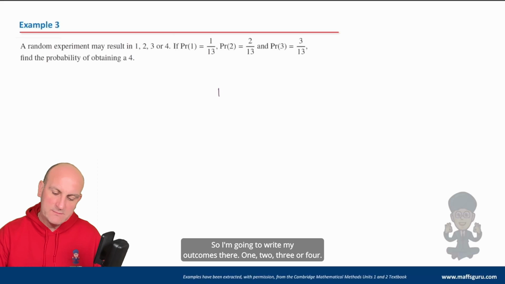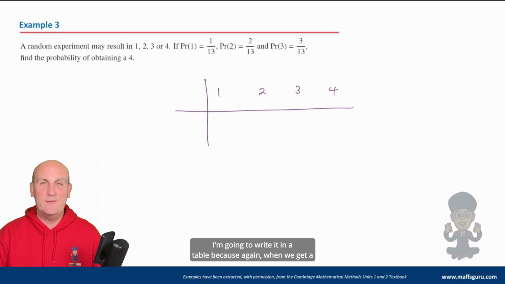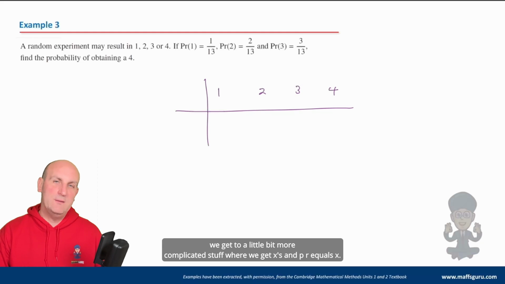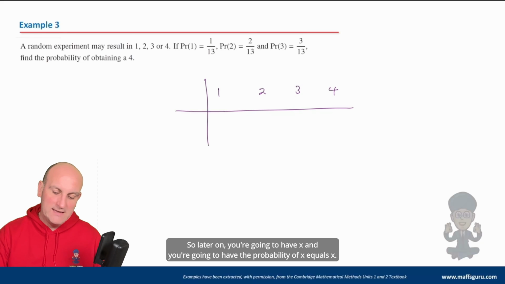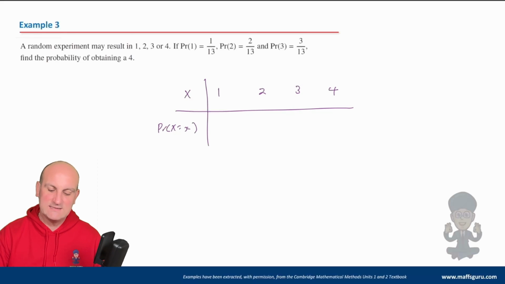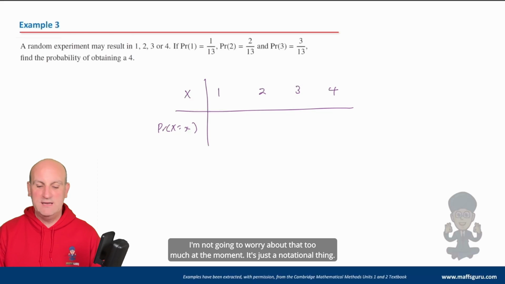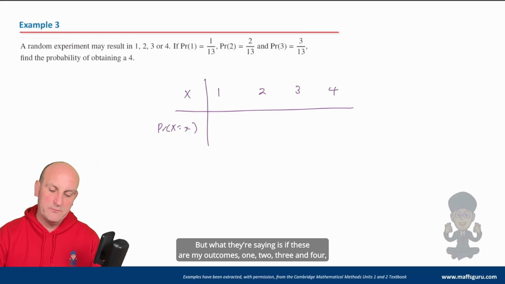A random experiment may result in the outcomes of 1, 2, 3, or 4. So I'm going to write my outcomes there, 1, 2, 3, or 4. I'm going to write it in a table because, again, when we get a little bit later into Methods, towards the end of the course, we get to a little bit more complicated stuff where we get X's and Pr(X = x). And so later on, you're going to have X, and you're going to have the probability of X equals x. I'm not going to worry about that too much at the moment. It's just a notational thing. But what they're saying is if these are my outcomes, 1, 2, 3, and 4, I'm now going to write my